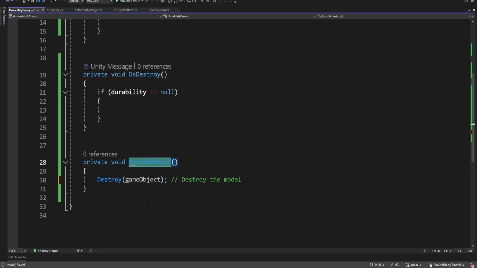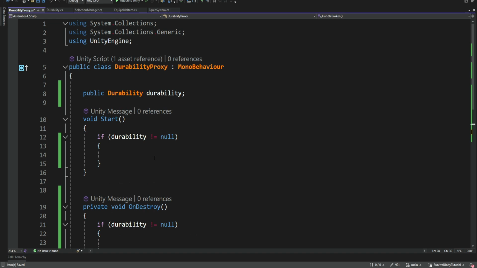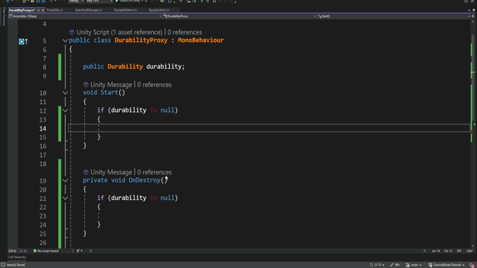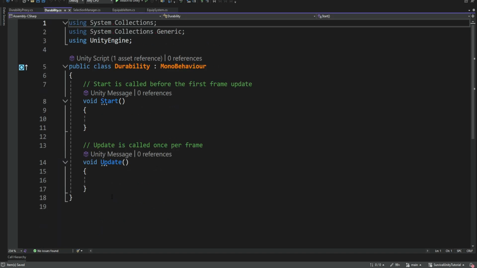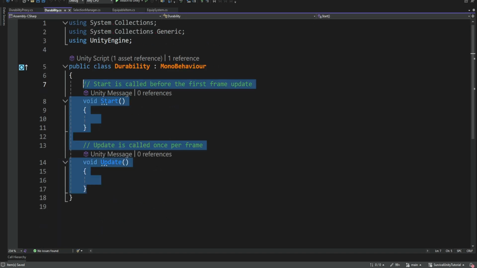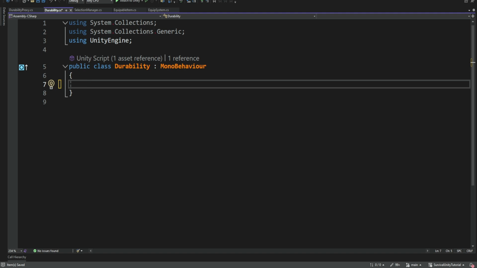So this is something you still want to have. And this will basically be triggered when we invoke the event. Okay, so we still don't have this event. We're going to create it, and we're going to create it inside the durability script. So inside the durability script, we're going to have a couple of